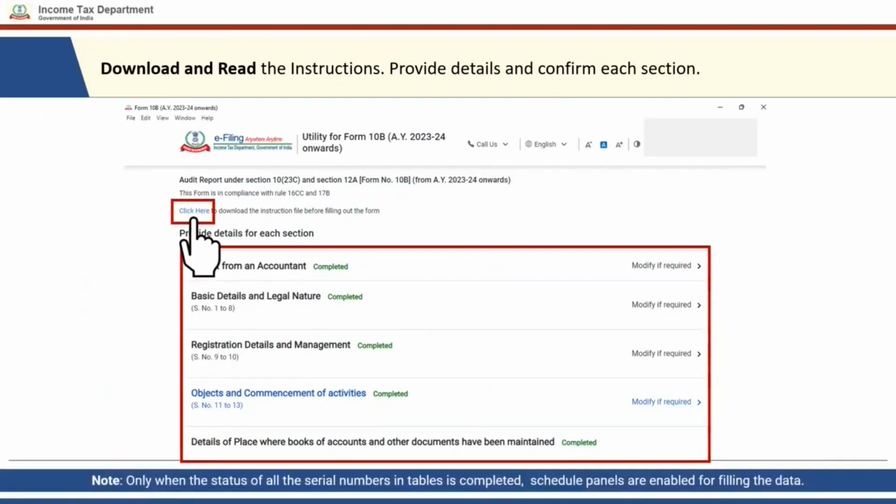Please note that it is very important to review the instructions before filing the form, because only when the status of all the serial numbers in the table is completed, scheduled panels will be enabled for filling in the data. You are required to enter the details of report from an accountant, basic details and legal nature, registration details and management, object and commencement of activities, details of the place where the books of accounts and other documents have been